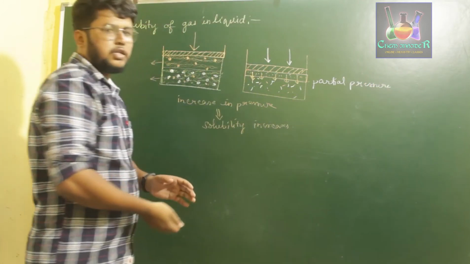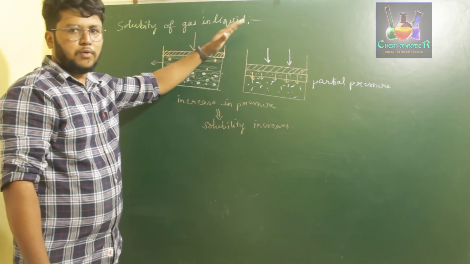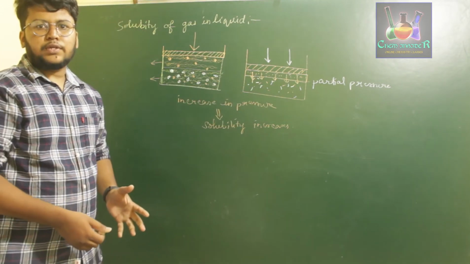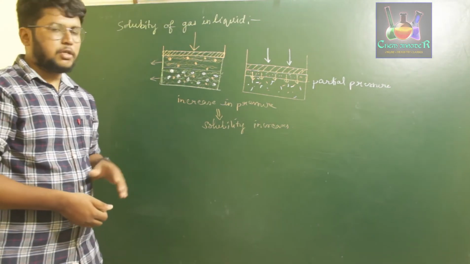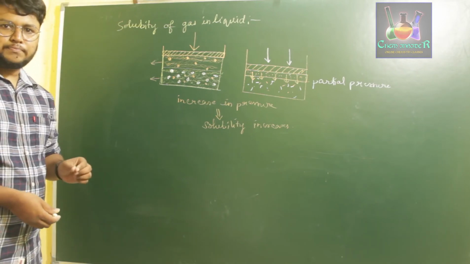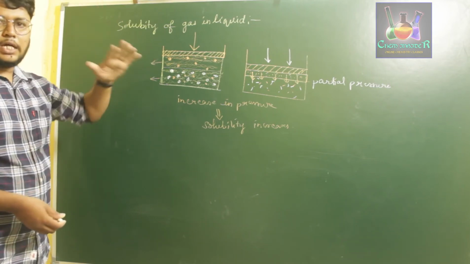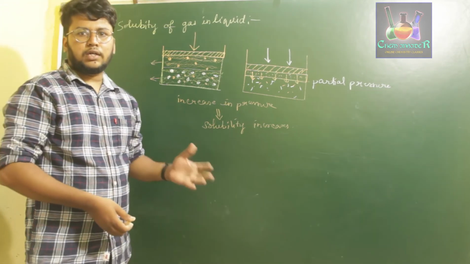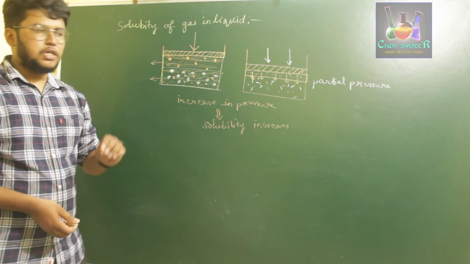Why do we call this partial pressure? Once you move the piston upwards and lose the pressure, the particles which are in this position start to loosen up. So they won't have any pressure on the surface of the liquid. That's why it is called partial pressure. So partial pressure means the pressure applied by the particles of a gas on the surface of the liquid in the presence of an external force being applied on it. This partial pressure increases the solubility of the gas in the liquid.